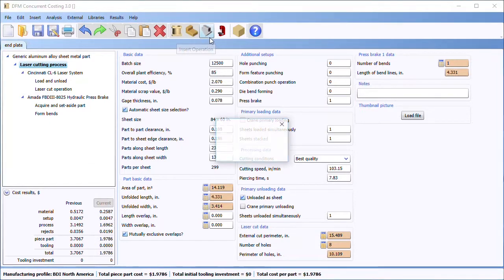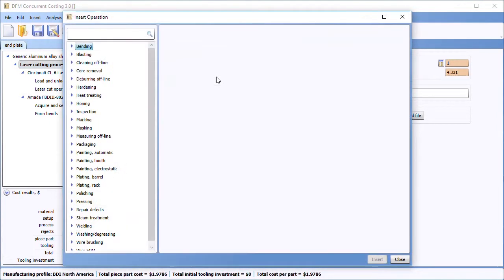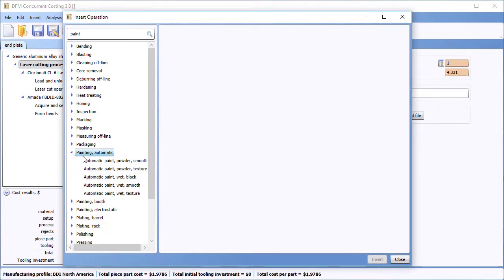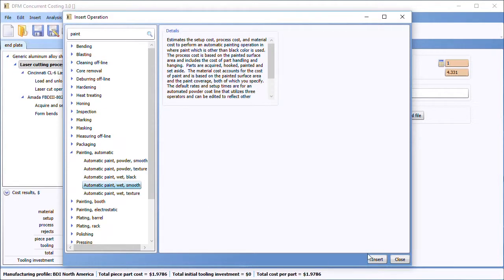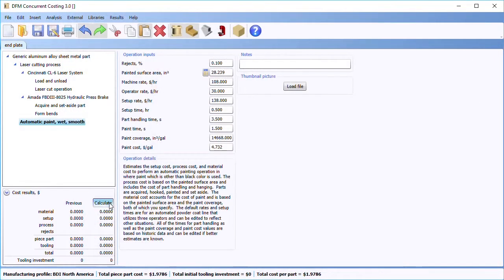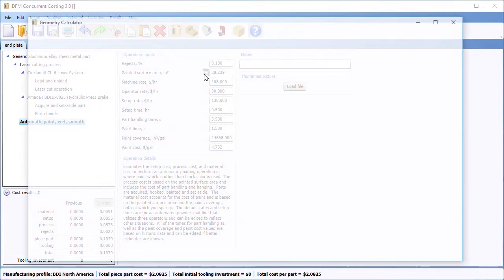And so if I add an operation here, let's say to paint this part, we've also added a search function to all of our libraries. So if I type in here paint and click search, you'll see the software brings me to the painting category, and I can pick this wet smooth paint as the thing I'm going to do to this part. And when I click calculate, I get a cost like I did before based on these default numbers coming from the operations library. But what you see here is painted surface area has a calculator, and if I click it,